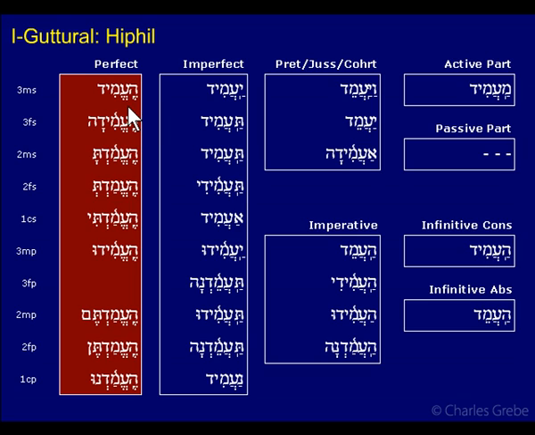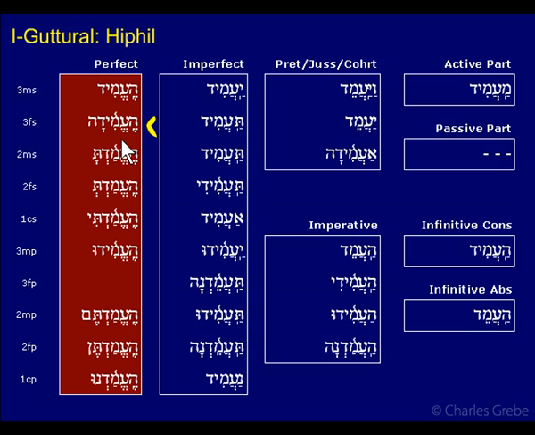Remember in the Niphal we had that? We had segol and chataf segol. Same thing here. So you see it all the way down. Now the one thing that's different from the Niphal is that the vocalic ending does not reduce the theme vowel. And this is true of the strong verbs as well. You can't reduce a theme vowel that has a mater in it, and so it doesn't reduce, it stays there, and you end up moving the stress in order to have enough time to say this.